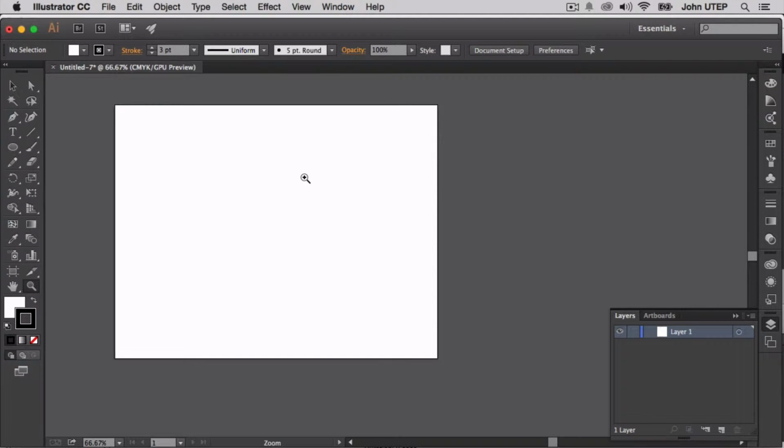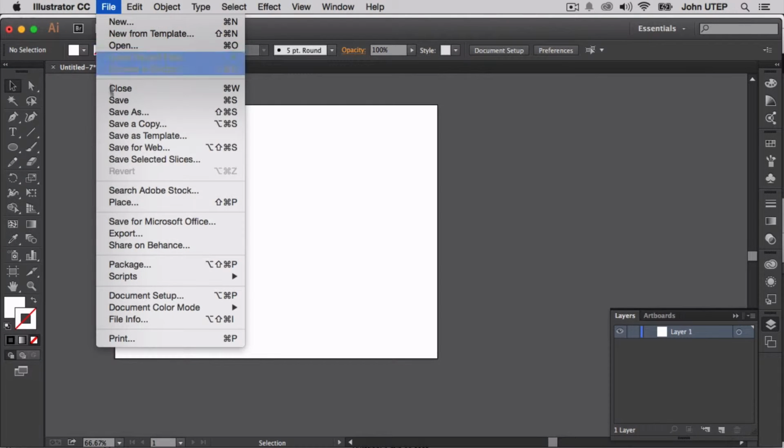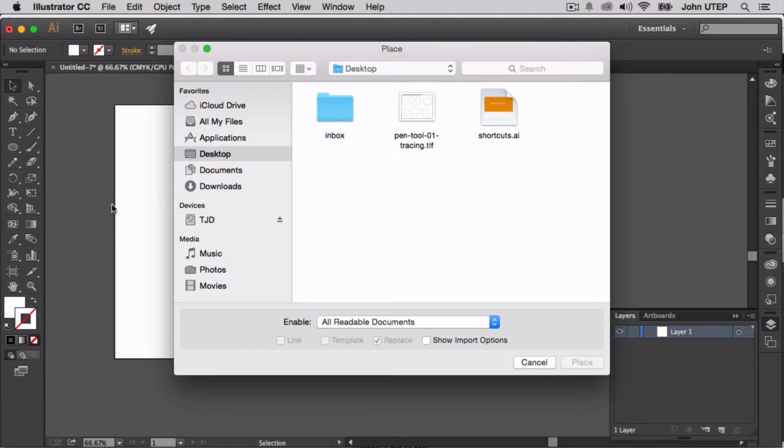I prepared a file that we will use for drawing our paths with the pen tool. It's always a good idea to have a tracing guide. You should always work up what the shapes are on paper with a pencil and refine it, and then place it into Illustrator and use it. In order to place that file, I will go to the menu at the top, click on File, Place, and